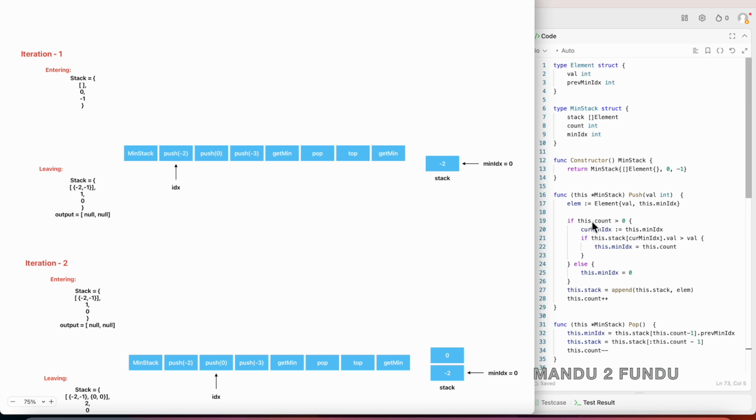In this case it is empty, so we simply initialize the minimum index to 0. Okay, and append that element to the stack and increment the count. So when we enter iteration 1, the stack is empty, total number of count is 0, previous min index is -1. When we leave, -2 is pushed into the stack and the previous minimum index for this element is -1,